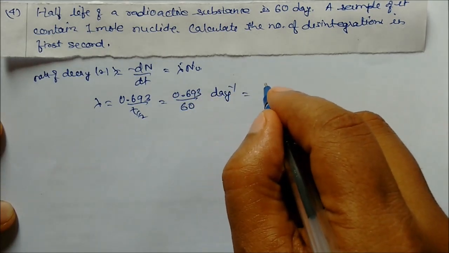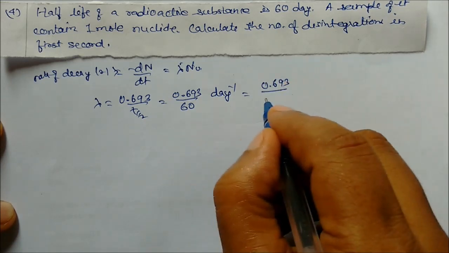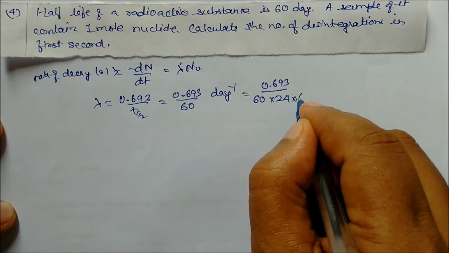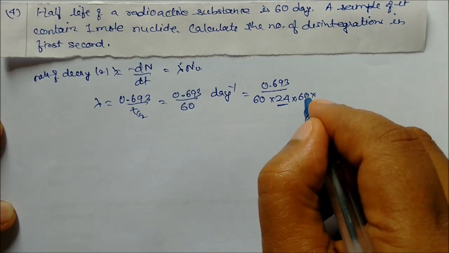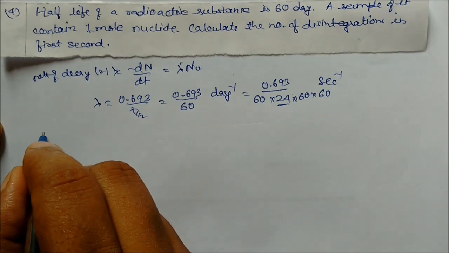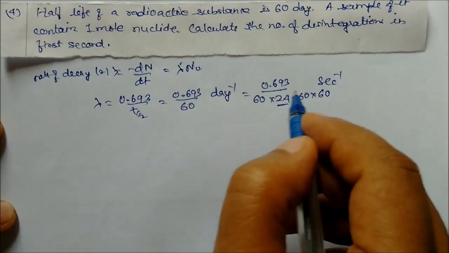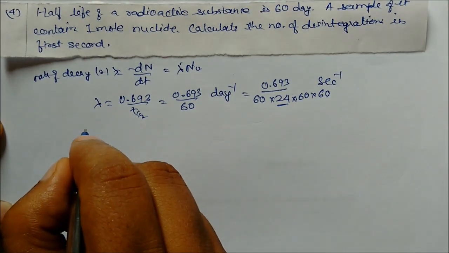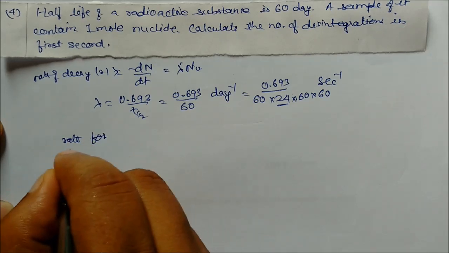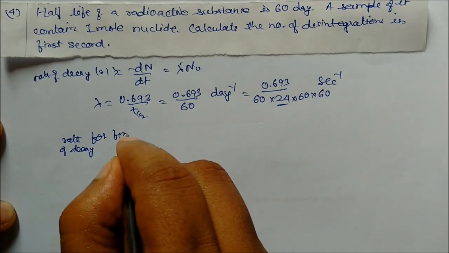Now we can convert day into second, because if it is converted into second, we can write it here. So a day means multiplied by 24, multiplied by 60, multiplied by 60: days into hours, then into seconds. This will be your total seconds. So in 1 second how much will it be? This is the per second value. So the rate of decay for the first second